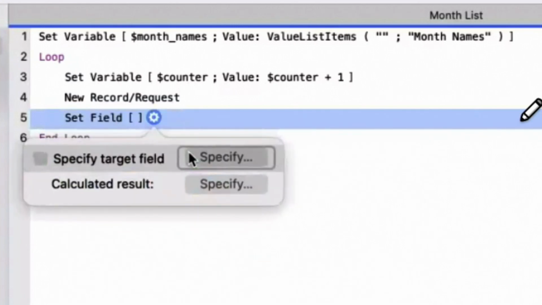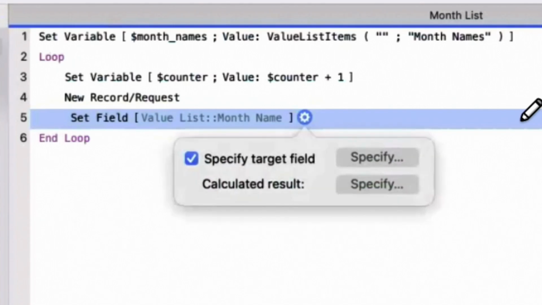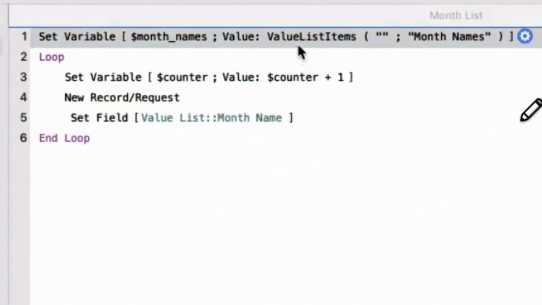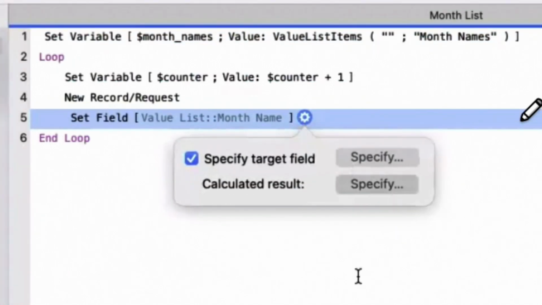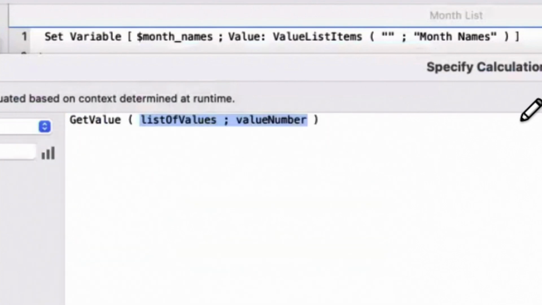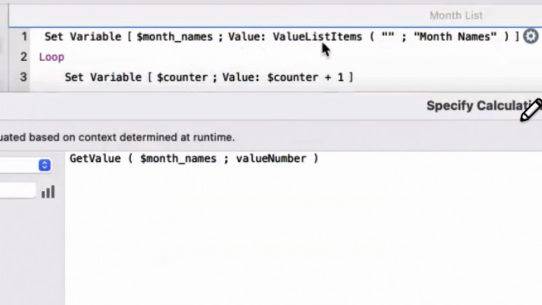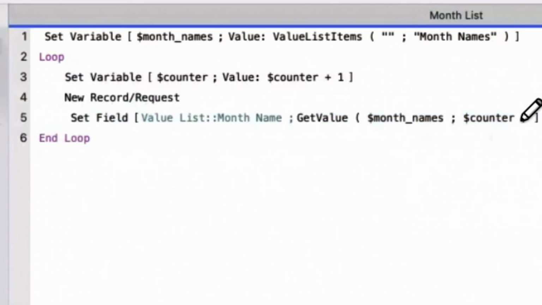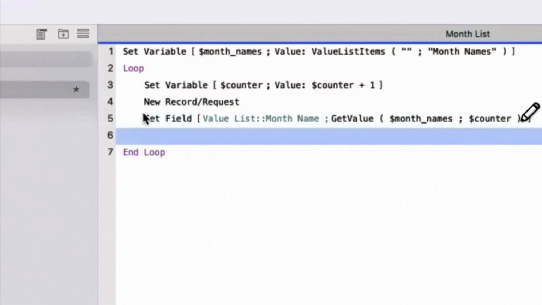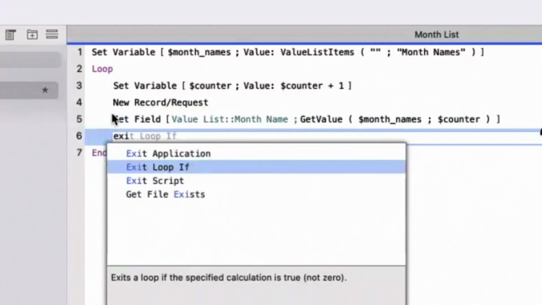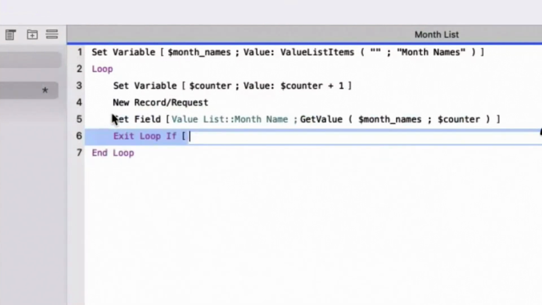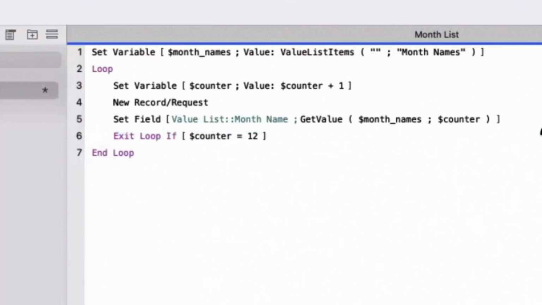What the set field is, the month name with get value of my variable, which is the data extracted from the month name, and the value number is the counter, right? And exit loop if counter equals 12, because we don't have more than 12.